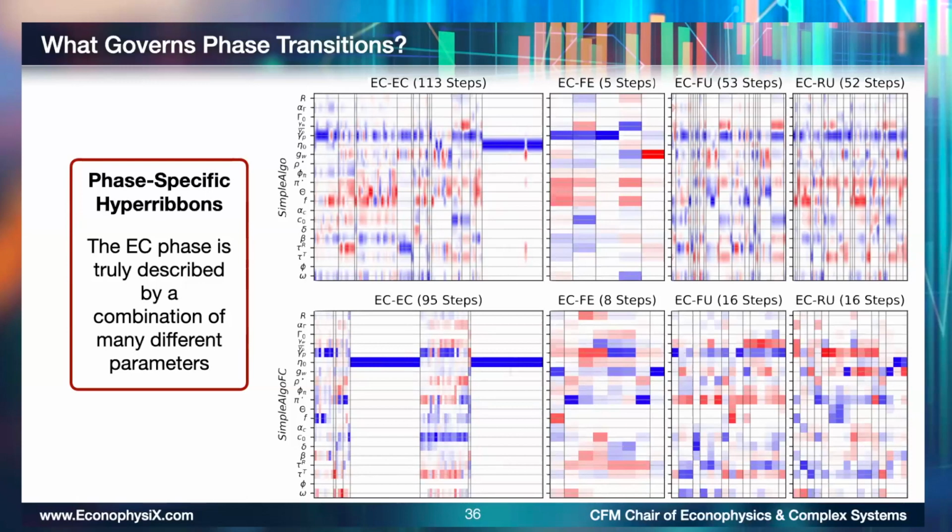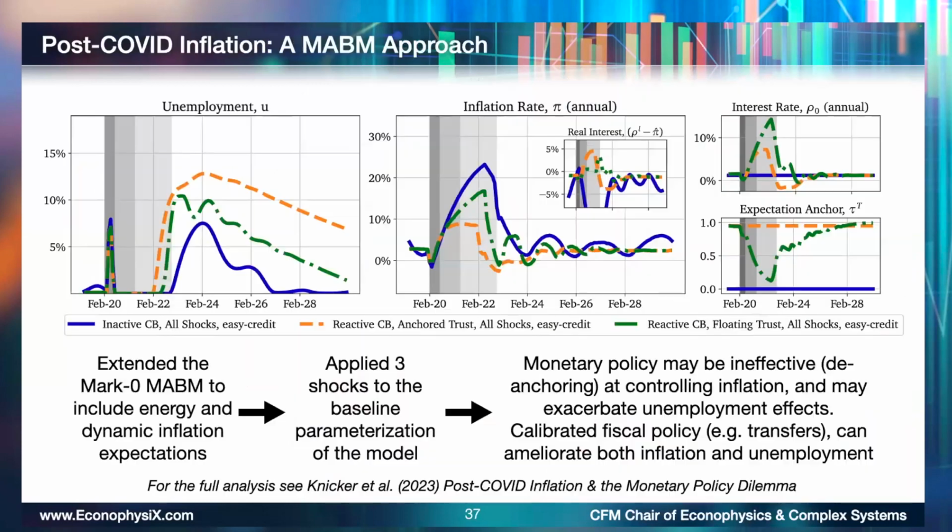Now, this was all very general about the single model. Let's apply this a bit more to the case of inflation, which I introduced initially as part of the predictive. So last year in 2023, we extended the Mark Zero to include an energy price dynamic and dynamic inflation expectations, and then applied three shocks: an energy price shock, a supply shock, and a consumption shock. We did this to study, within the context of this model, the effectiveness of monetary policy, because there was a lot of debate at the time about whether or not to raise interest rates and whether that would be effective at